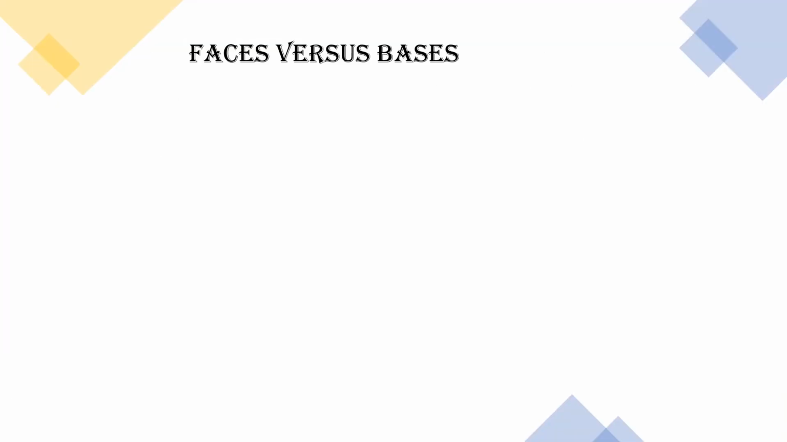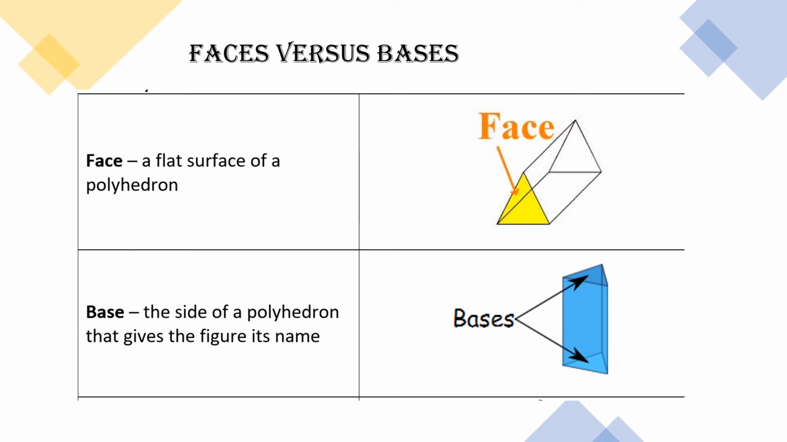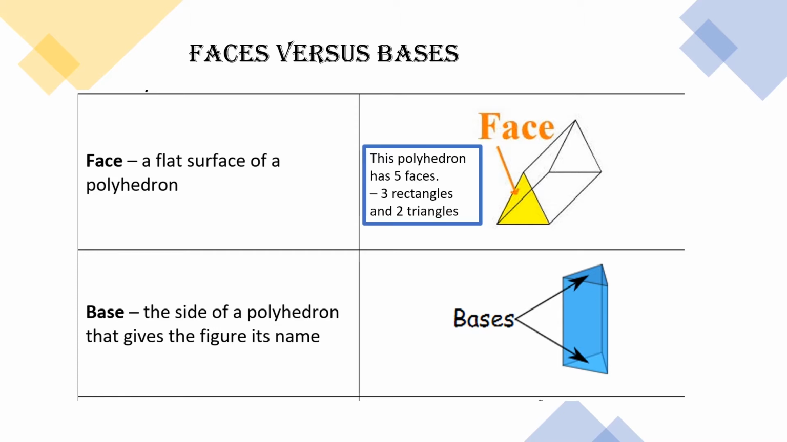All right, so now we've got to look at the difference between what we call faces and bases. The faces of a polyhedron are the flat surfaces that make the shape up. As you can see here, this is going to have 5 different faces. This is what we call a triangular prism. So we're going to have 3 rectangles and 2 triangles that make up the total faces